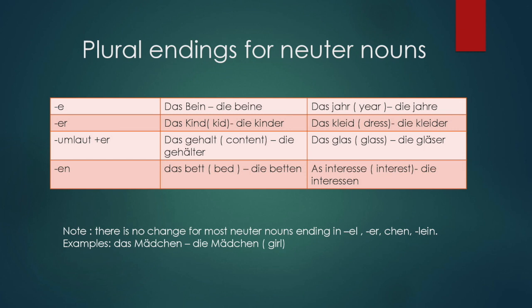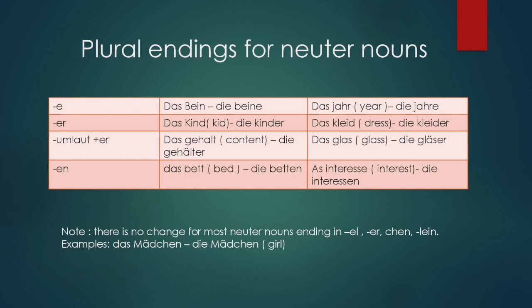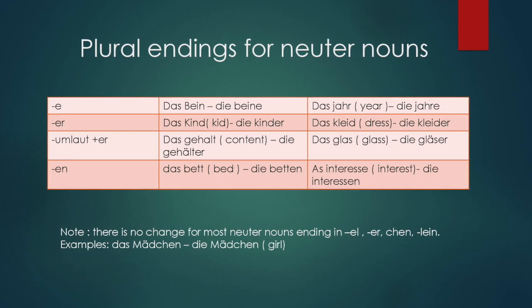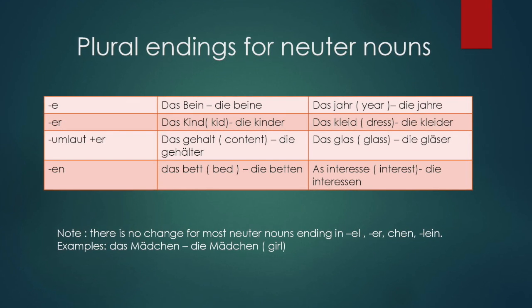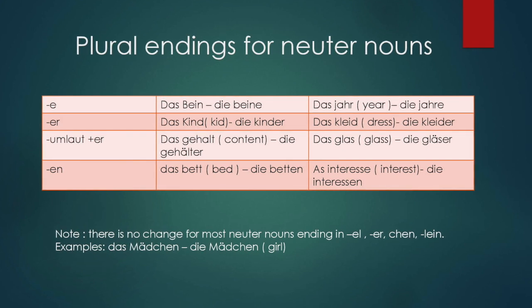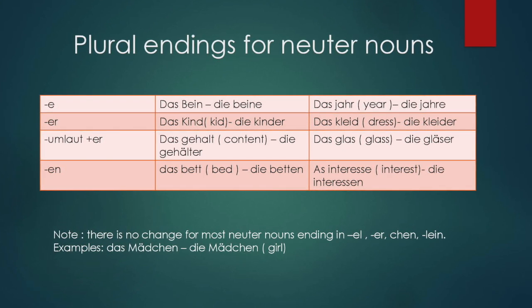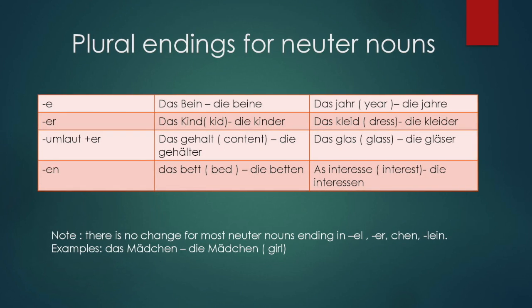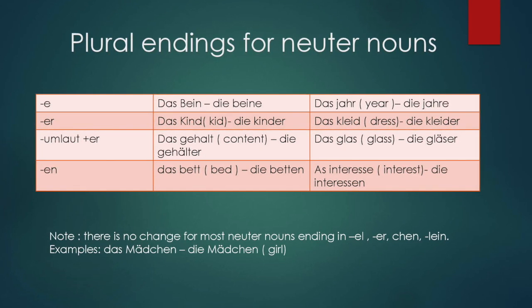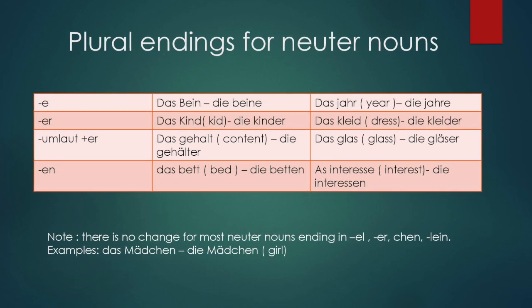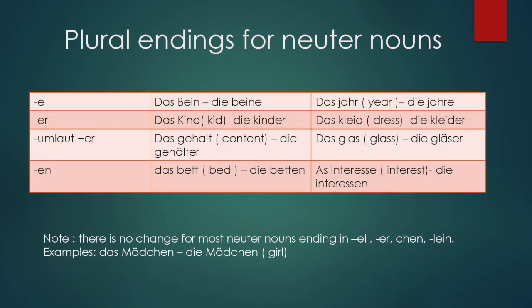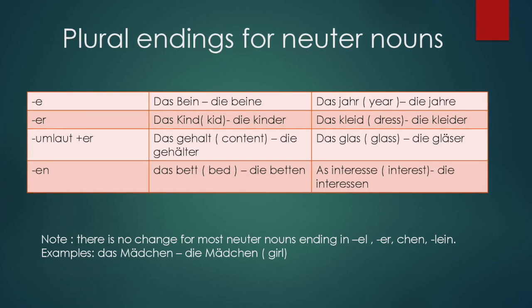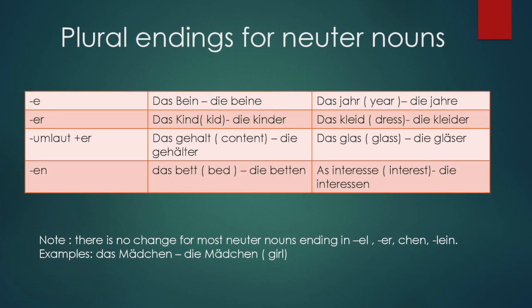And now the plural endings for neuter nouns. Again, we have 4 common types of ending here, like e, das Bein, die Beine, leg, das Jahr, year, die Jahre. Second is er, das Kind, die Kinder, das Kleid, dress, die Kleider. Then umlaut plus er, das Gehalt, the salary, die Gehälter, das Glas, die Gläser, and en, the ending with en, das Bett, die Betten,